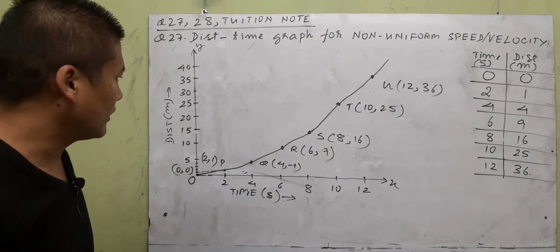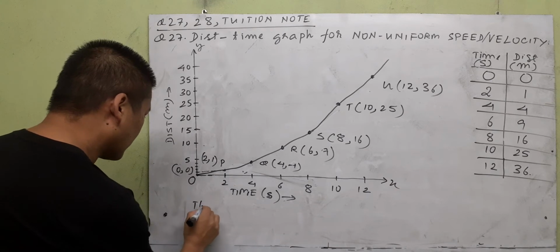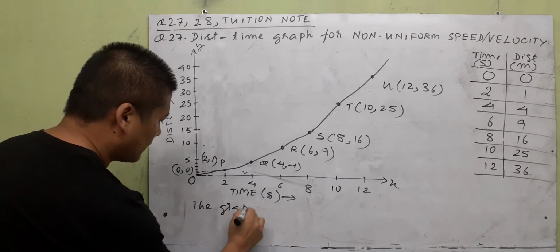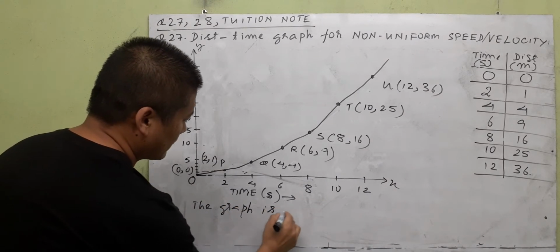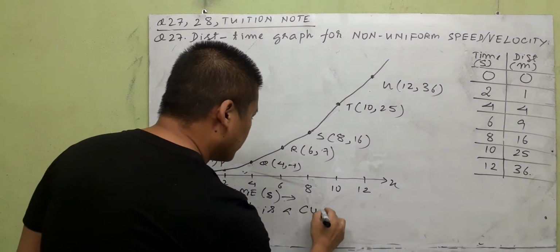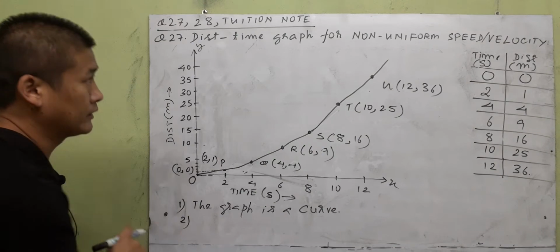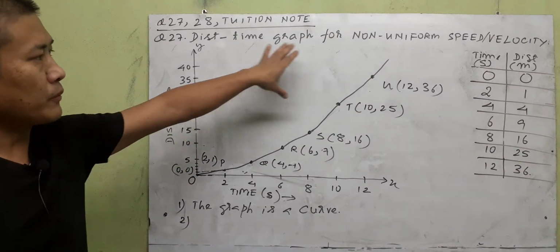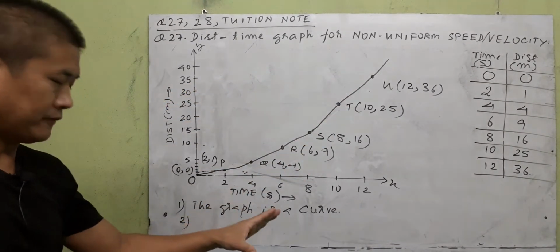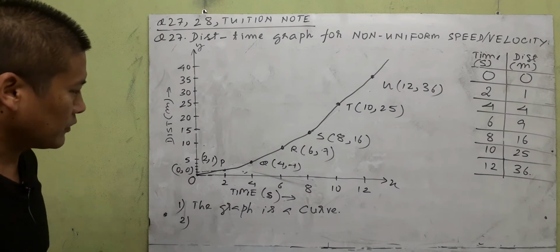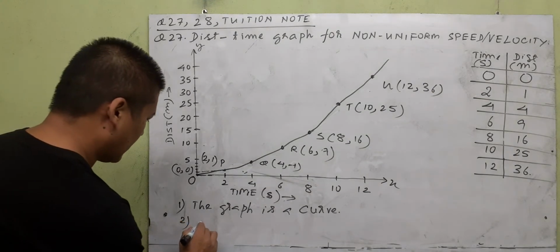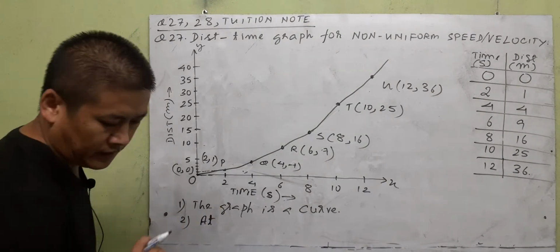So we can write down, the graph is a curve, right? Okay, point number 1. And point number 2, characteristics of a distance time graph for non-uniform speed is a curve, not a straight line, okay? Number 2 here, you will agree with this that